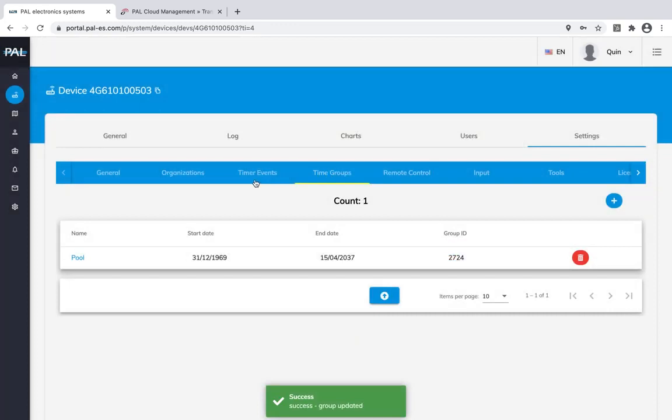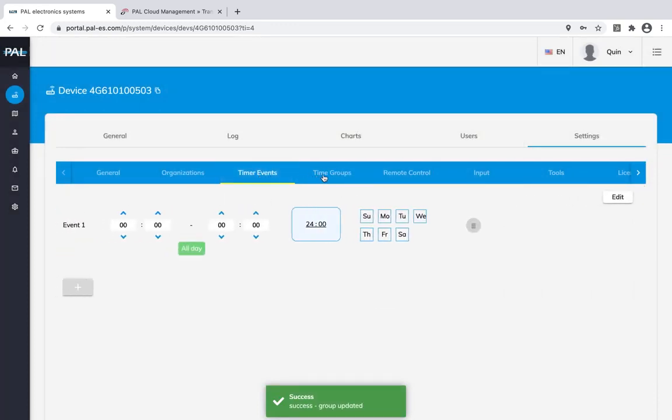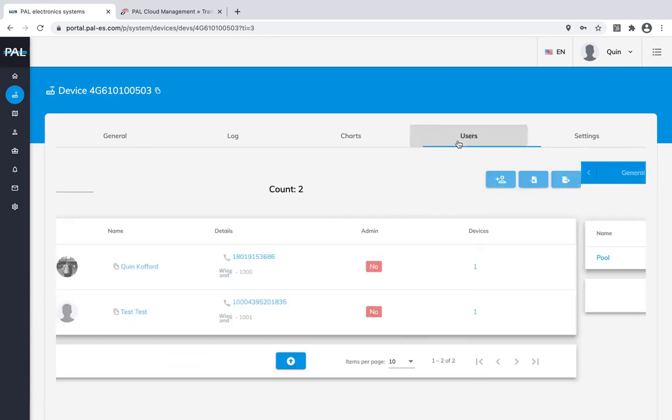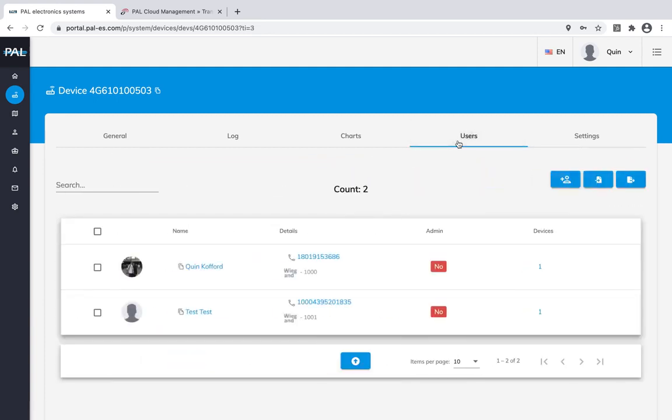Those are the only two things you need to worry about in organizations: timer events for the automatic opening and closing, and time groups to restrict access. I'll then come into users, and users is where I'm going to add users and decide what access and everything that they have. I'm going to delete these two,